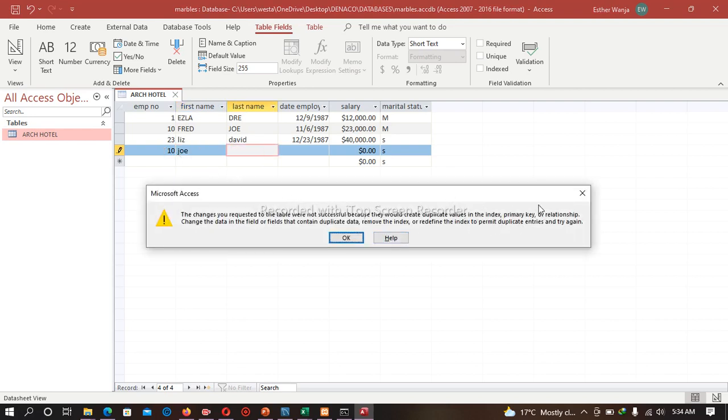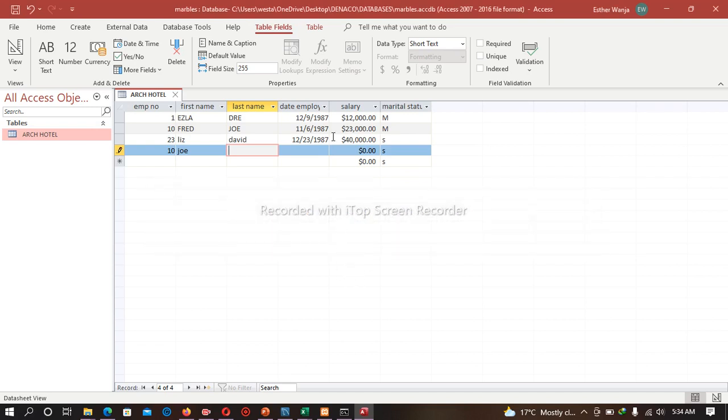A duplicate value in the index, primary key or relationship. Change the data in that field that contains duplicate data. That is, remove the index or redefine the index to permit duplicate entries and try again. Yes, you can also make it